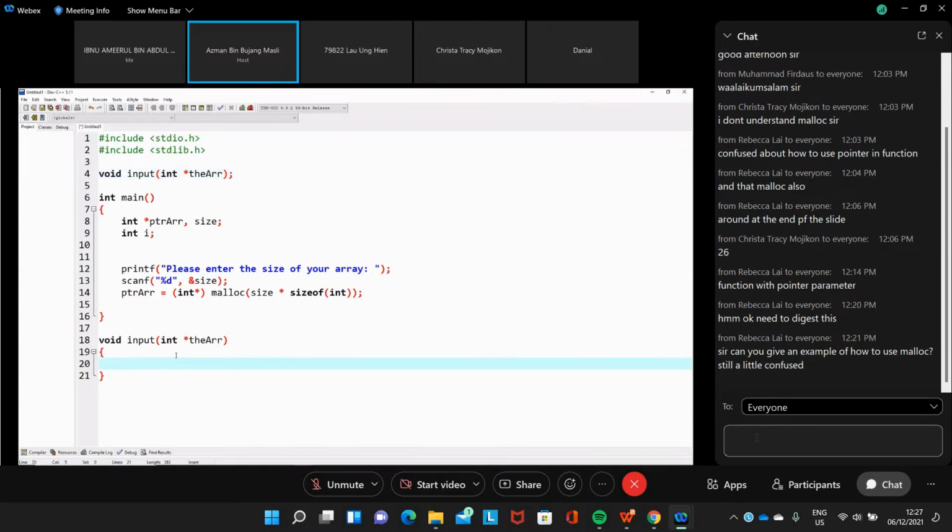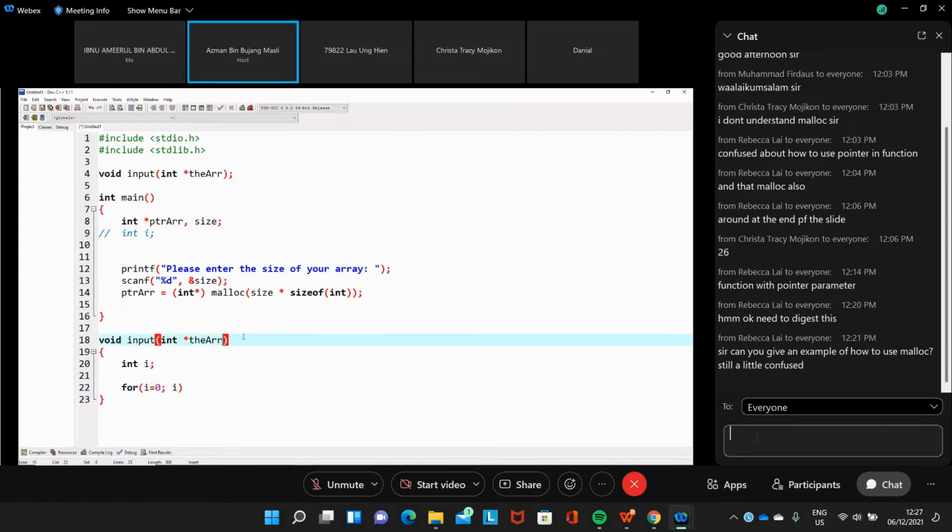And then here we use a for loop. We just put integer i. So for i equal to 0. Oh, we need to accept the size as well.